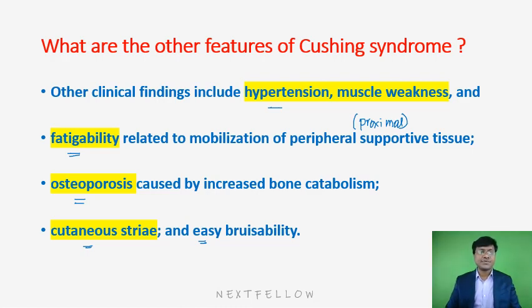That is because when there is excessive steroid production, there is excessive accumulation of fat or free fatty acids beneath the skin. Right? Excessive free fatty acids being accumulated beneath the skin, and when these free fatty acids are excessively deposited beneath the skin, that will make the individual have stretch of the skin, resulting in the cutaneous striae. And this particular cutaneous striae is purple in color, that we call purple striae, right? And there will also be degeneration of the skin, due to which they will have easy bruisability, right? So these are the other features of Cushing's.